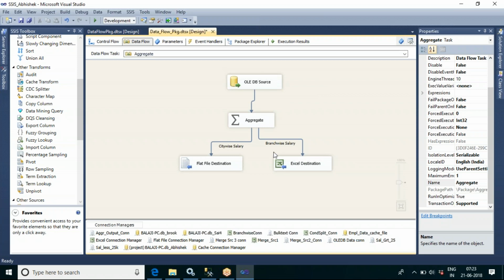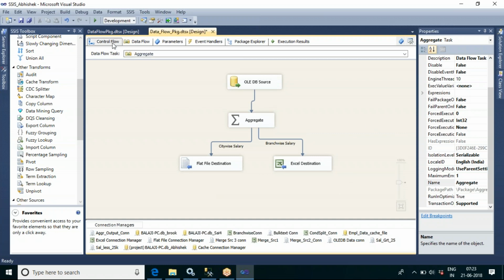You don't want to wait until all the 10 lakh records reach your next transformation, and the aggregate has to be applied on all the 10 lakh records. Only then can you test.